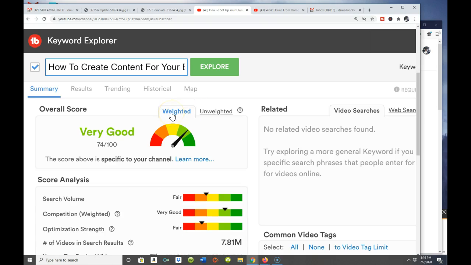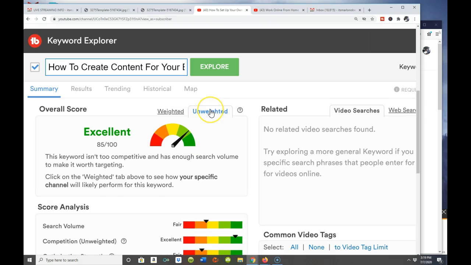Let's go back to the weighted score. The weighted score is very good. What is the weighted score? That's the score specific to my particular channel, built around my particular niche and what I talk about. Unweighted is a more general score, but what they'll tell you is, it's such a good keyword that it's probably cool for me to try to rank for that keyword.